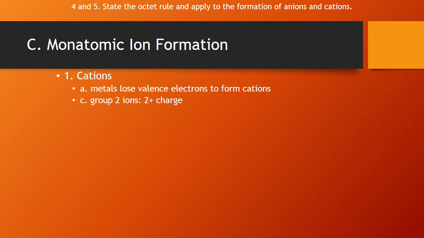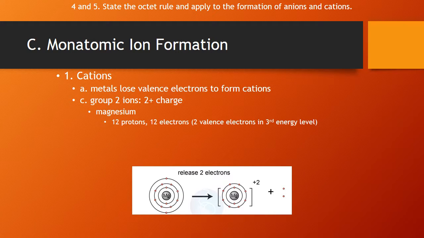So let's look at a different group. Let's think about a group 2 metal. In this case, let's think about magnesium. Well, because it's group 2, we know it's going to have 2 valence electrons. Now, magnesium is atomic number 12, so it has 12 protons, 12 electrons, and it does in fact have 2 valence electrons. So a picture might look something like this, where we have our magnesium atom here on the left,